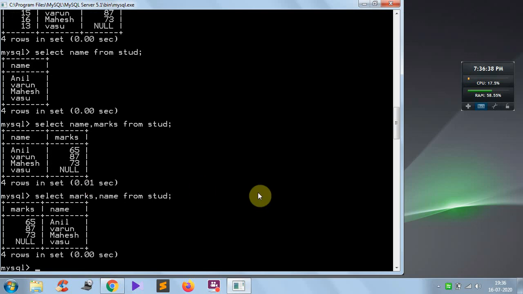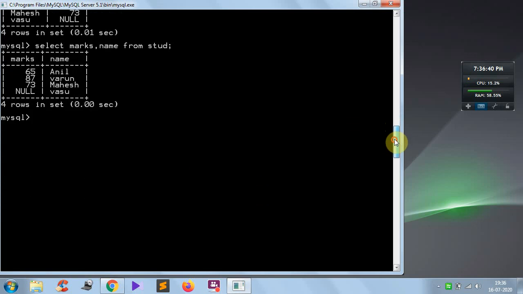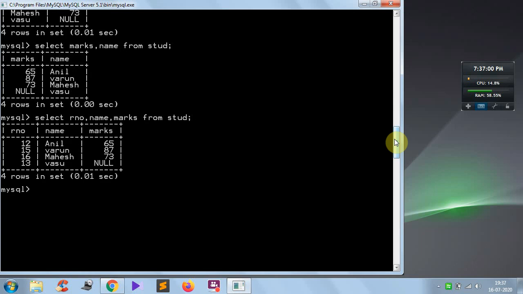Suppose I want to display all three columns from the table. Here you have to remember that all rows will be displayed. Select roll number comma name comma marks. These are the columns I want to display from the table stud. Just click enter. Now you can see all three columns are fetched. If a table contains 50 columns, you would have to specify all 50 column names if you want to display all columns' data.